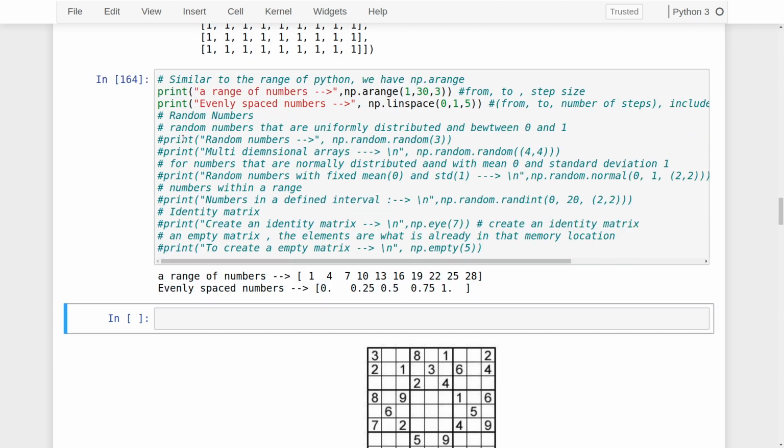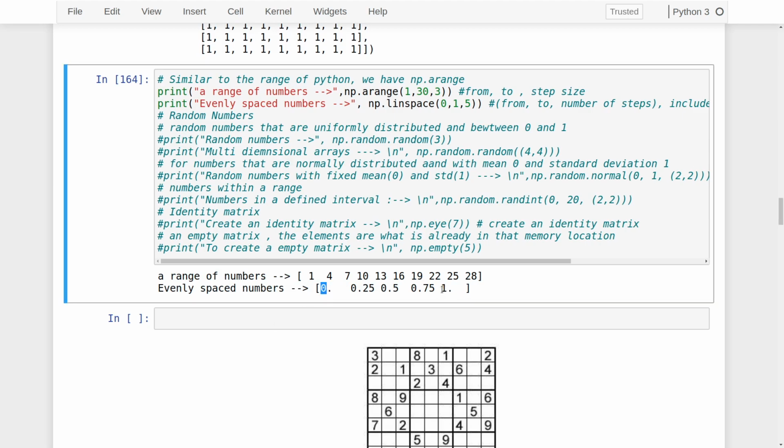I shall execute to explain it. You can see here from 0 to 1, I need 5 items. So this array's length would give you 0 1 2 3 4, which means 5 items are there inside this array, but I need each of them to be evenly placed between each other, like 0 to 0.25, to 0.25 to 0.5, 0.5 to 0.75, and 0.75 to 1. Which means there is a 0.25 gap between each of these numbers, and there are 5 numbers inside this